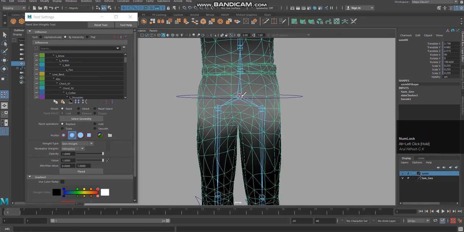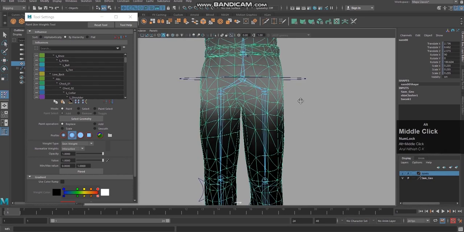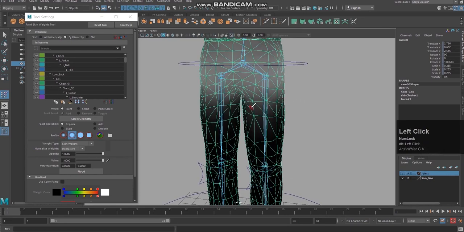So the root joint can control this area, but it is coming down gradually and getting disappeared from this area. The influence is getting a little bit faded out. Here the values are stronger, here it is getting lighter, and after this area it is not there.